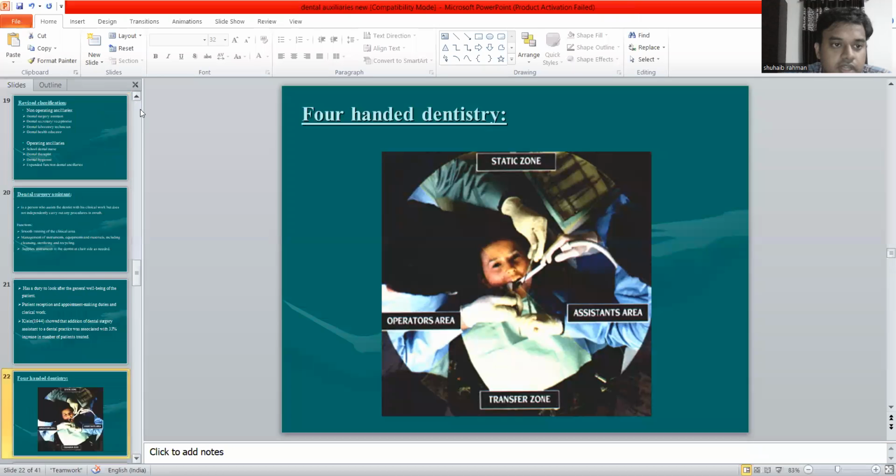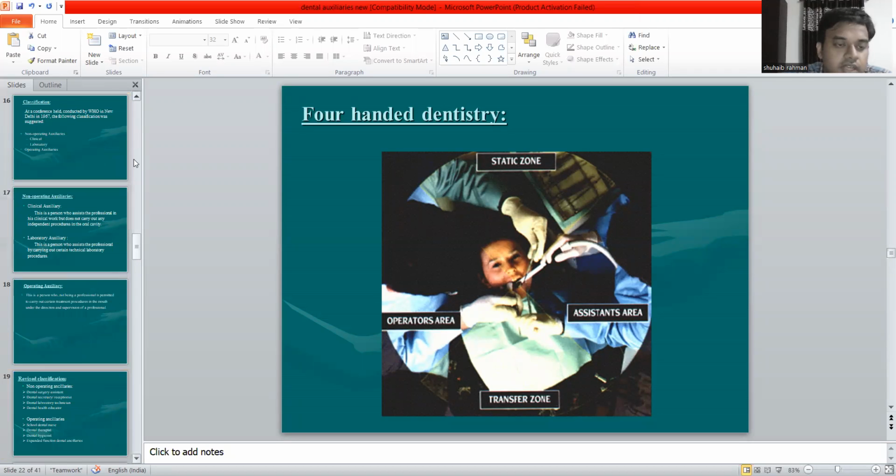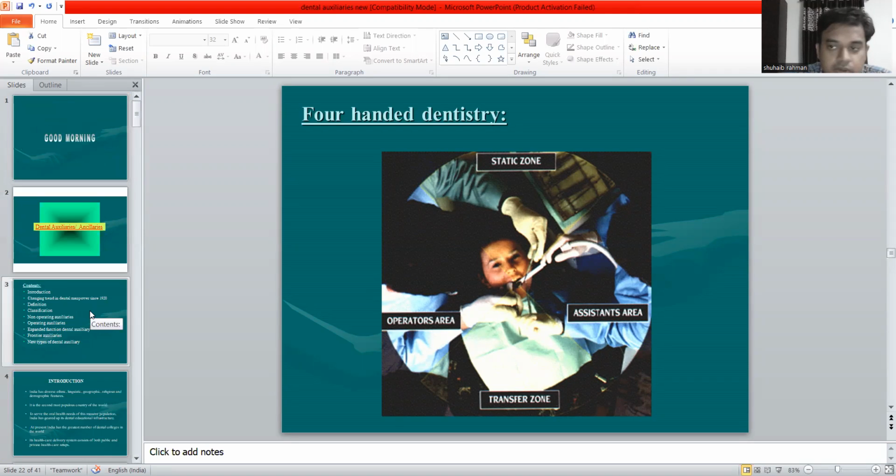Today we are going to cover one of the important chapters in public health industry, that is dental manpower. So we'll just introduce what is currently happening in dental manpower in India. So we'll give an introduction on that. Some statistics. After that, we'll go to the different types of dental manpower or different types of people or professionals who can help dentist.